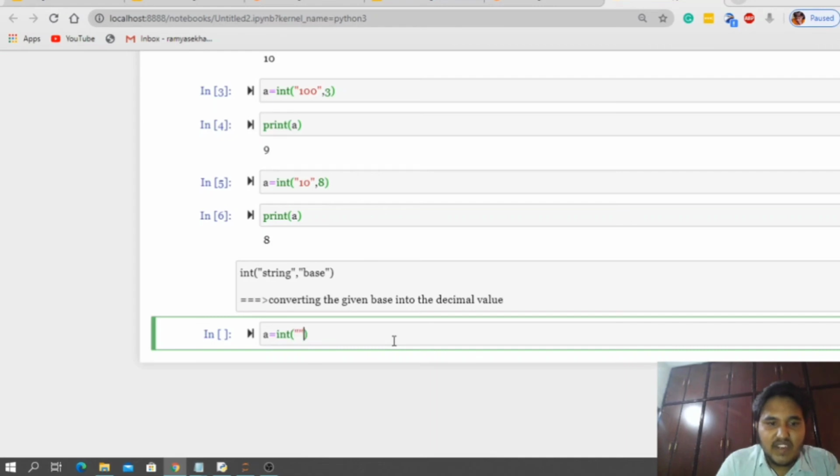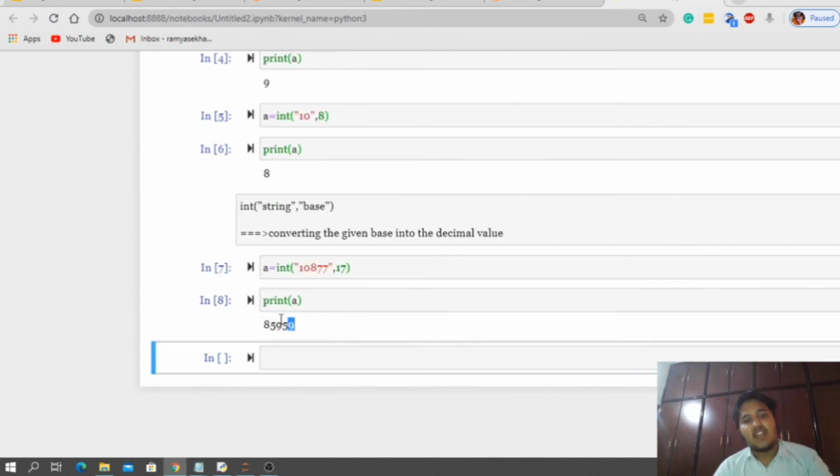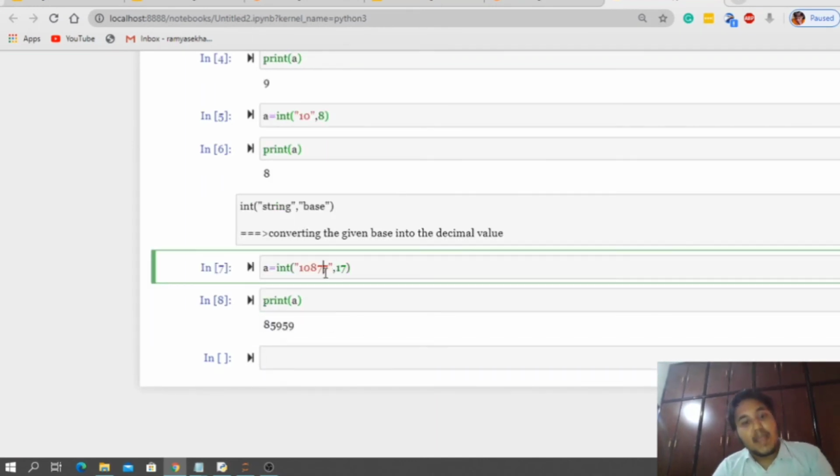See, this is sweet 17 program. See, I am giving one value. Now I am converting this into 17th base. So let me print that value. Printing of a. See, I'm getting value. So this number whatever we are giving is being converted into decimal number.